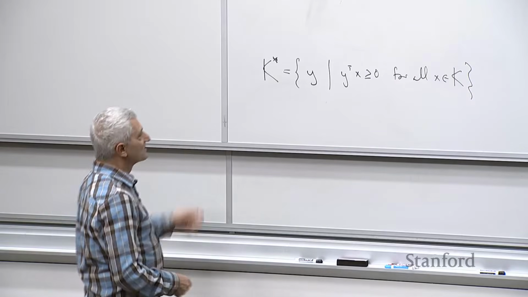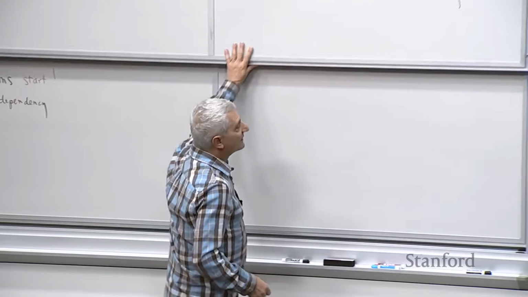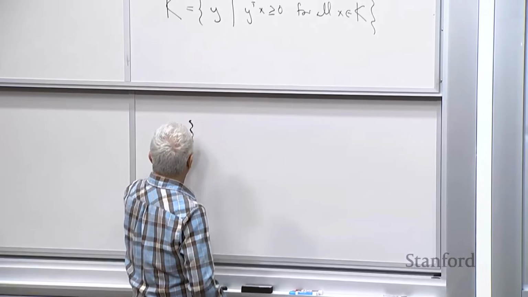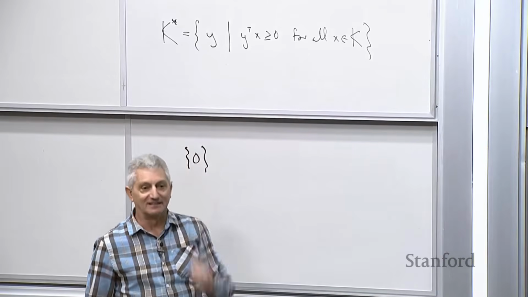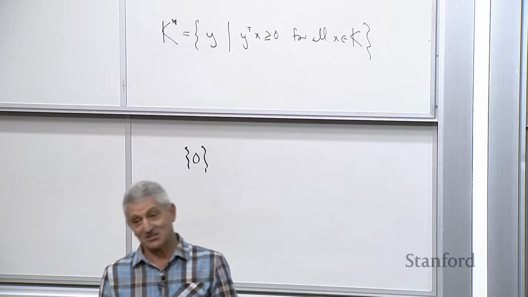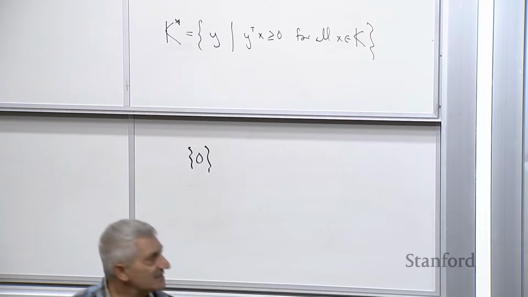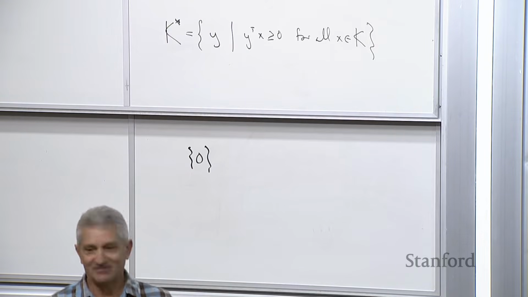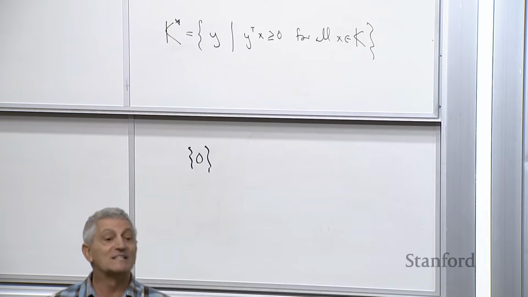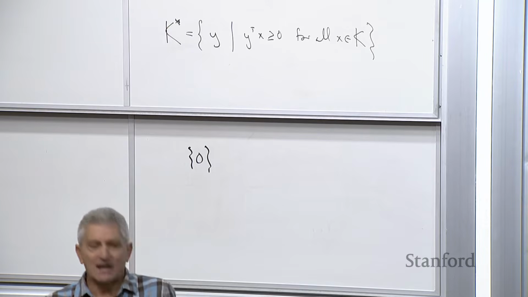So let's write down some cones. Look, here's a cone. Ready? Hey, it's a singleton. There we go. So that's a cone. It's a stupid cone, but it's a cone. Now you tell me, what is the dual cone of this? What is it? R2. It's R2. Yeah, because we're doing this in R2, so I can draw it on the board, right?